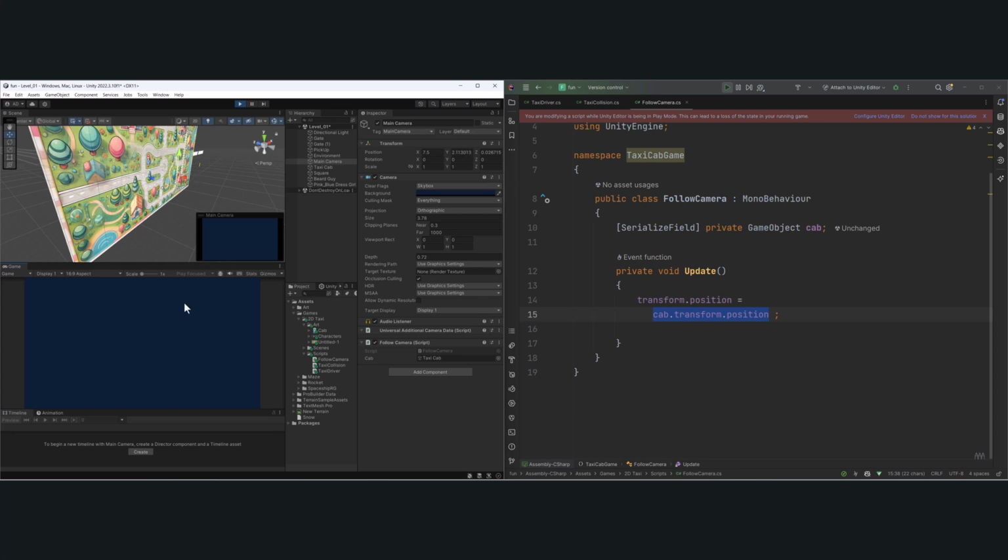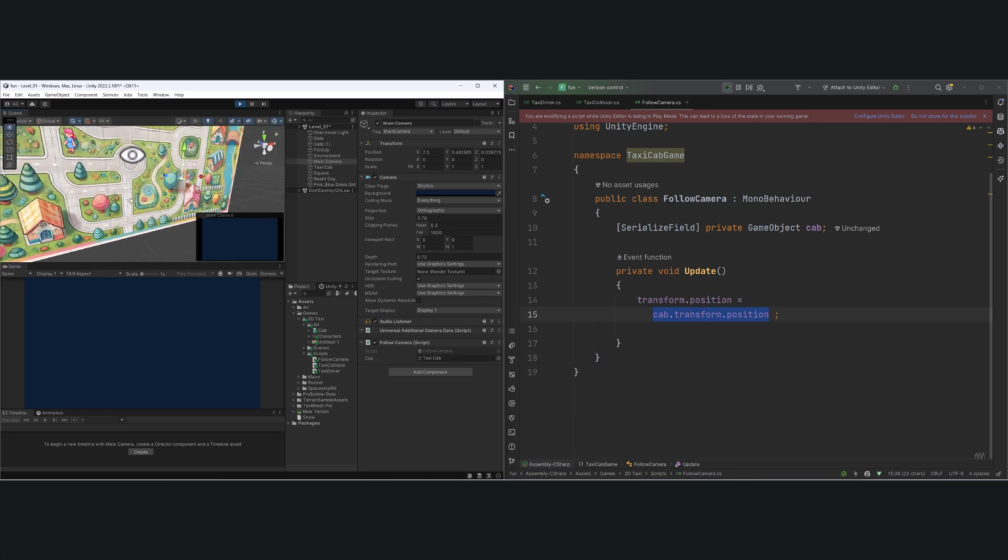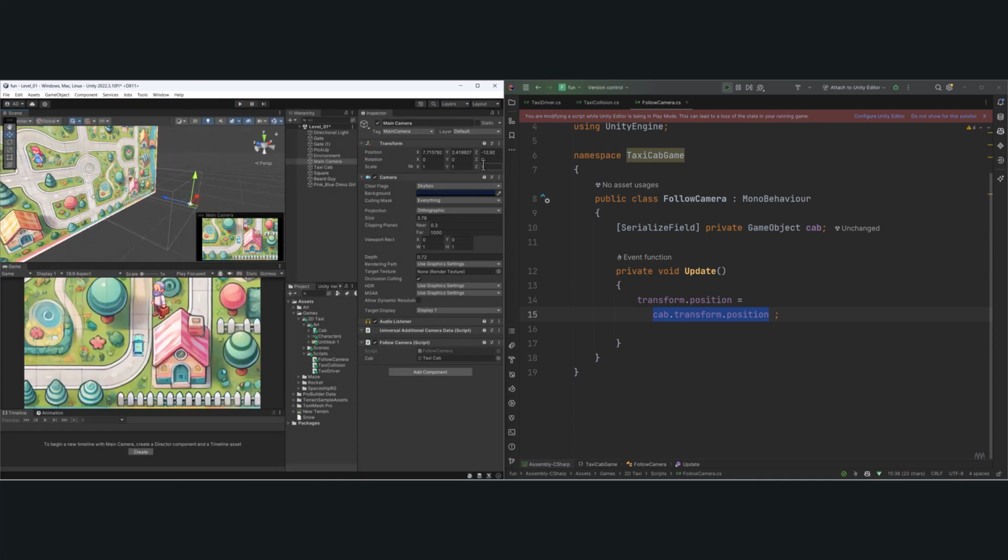And we want this because we want this follow camera script to follow our car around. And if you look, I'm pushing the up and down arrow keys. It is 100% following my car around. The problem is I want it to be -12 on the Z-axis. So what I can do is add a -12 by using this line of code to the Z-axis,